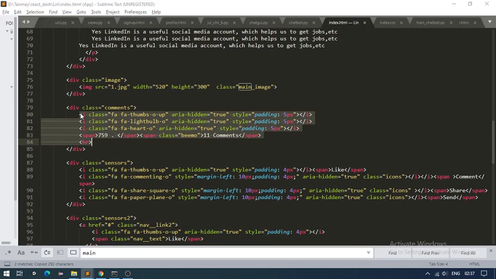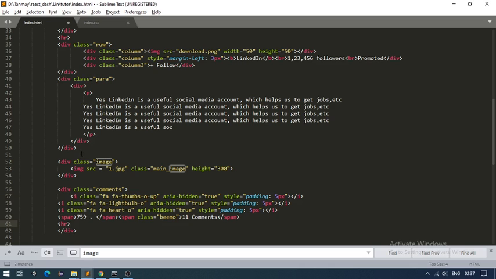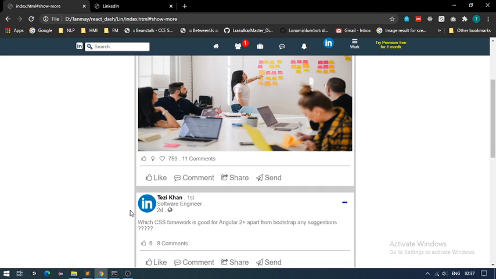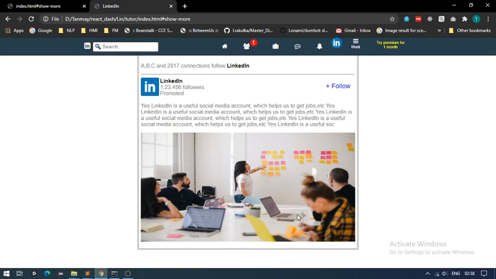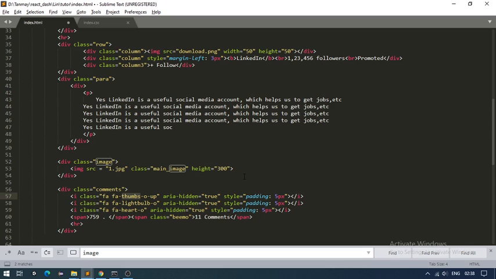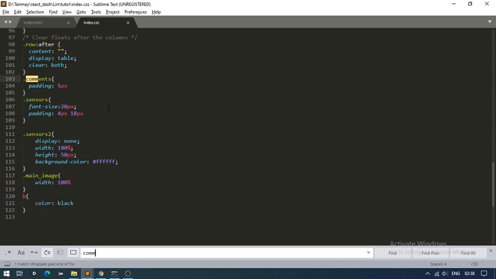I think it will be fine, because it's not that tough to understand. And as you can see, I have a thumbs up image for like, and accordingly I have given the styles, and here is the light bulb icon, and here is the like icon for heart. So now if I go and refresh, actually I have made a mistake, I guess. Okay, these comments,